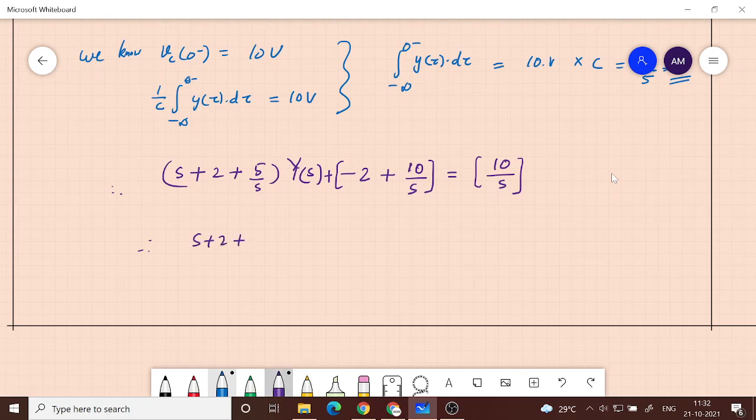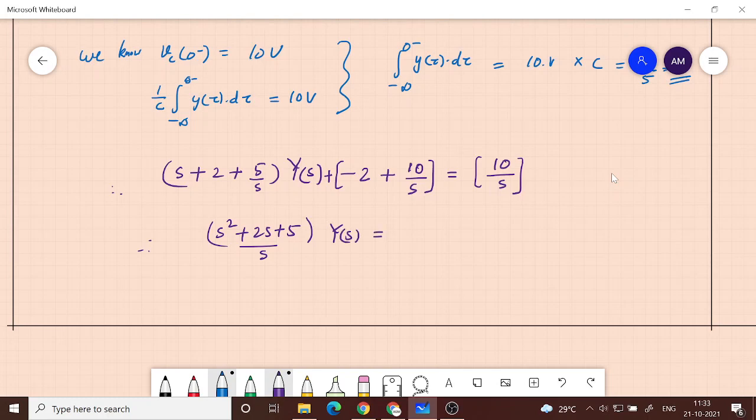Let me simplify this also. Take the LCM, S, that is S square plus 2S plus 5 divided by S,